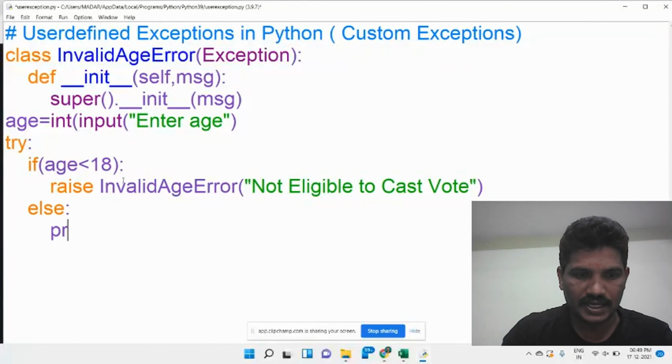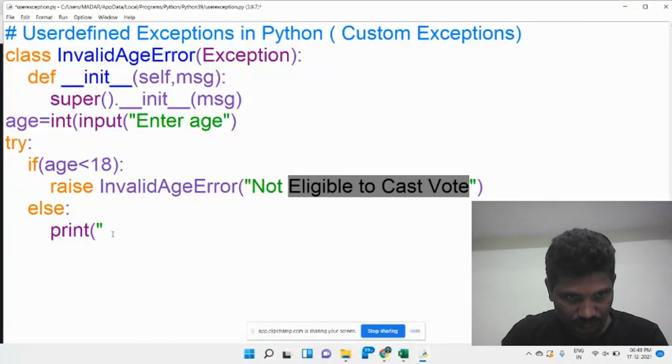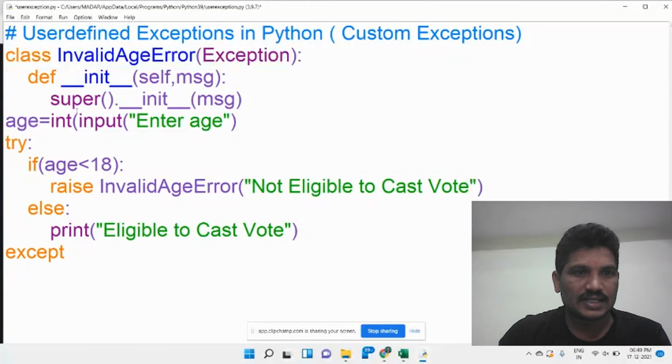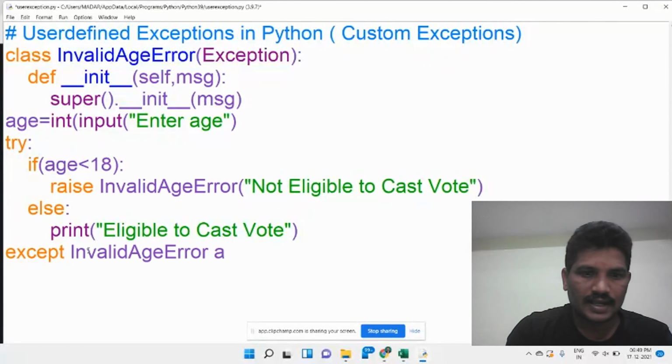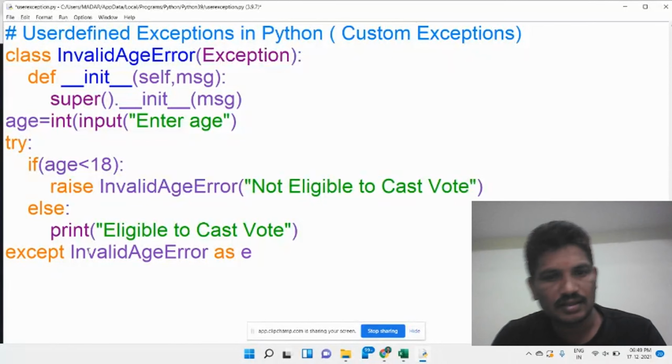Else, print, then we can display the message: eligible to cast vote. Then, if an exception arises, we can write the except block, InvalidAgeError, as, I would like to use the keyword as.